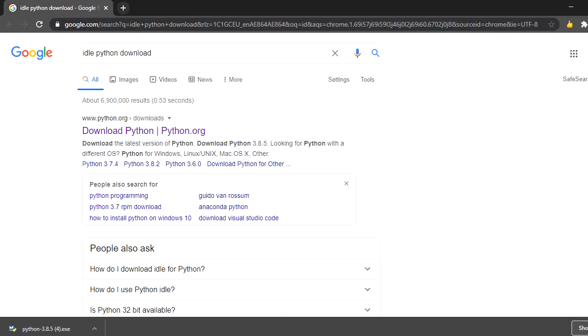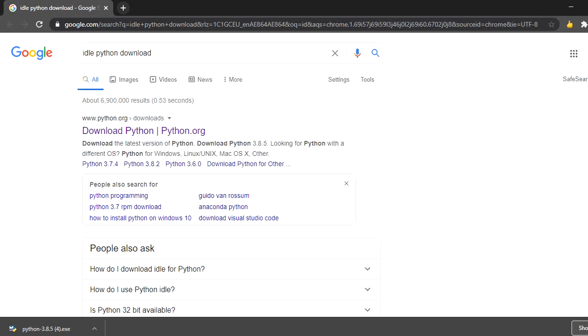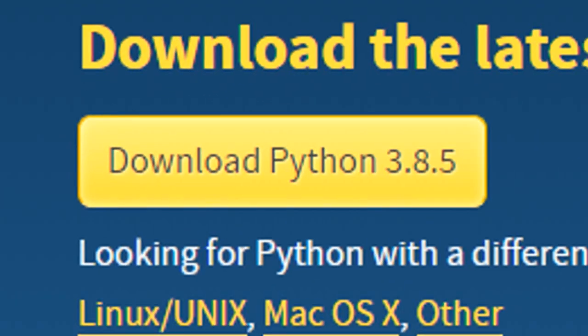To download IDLE, the Python IDE or the Python editor, you need to search for IDLE Python download. Once you click on the link which comes up after the search, it will take you to the official website from where you can download